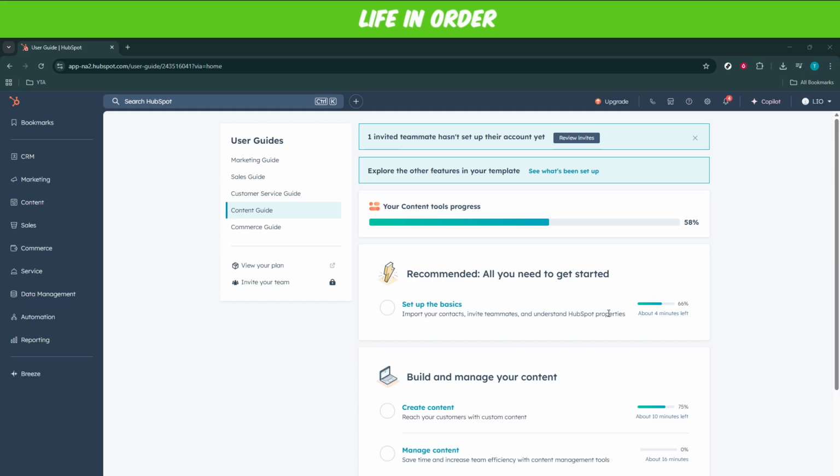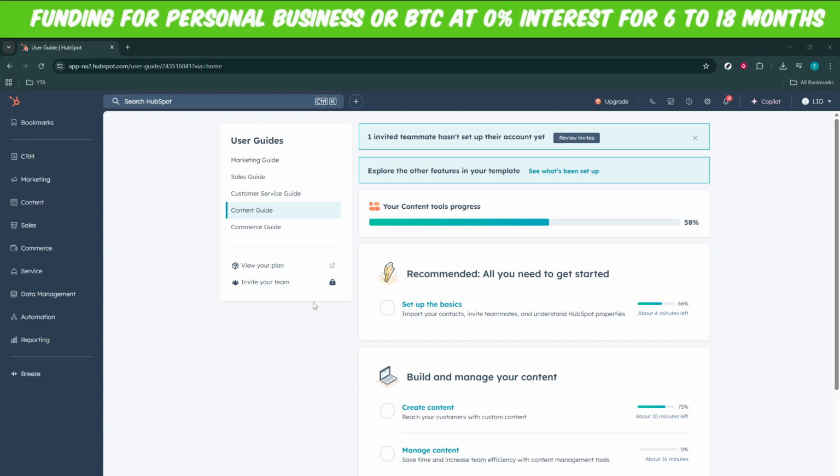To begin, make sure you are logged into your HubSpot account. Once you're there, the first thing you need to do is go to the User Guide section. This is a central hub in HubSpot where you can access tutorials, FAQs, and helpful tips to optimize your usage of the platform. You can find this guide by navigating to the upper right corner of your dashboard. There, you'll see an option to access the User Guide, which will provide you with a broader context about HubSpot's